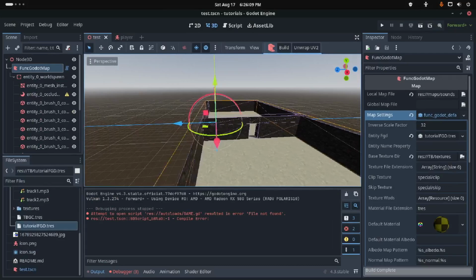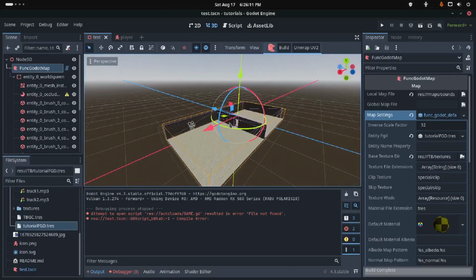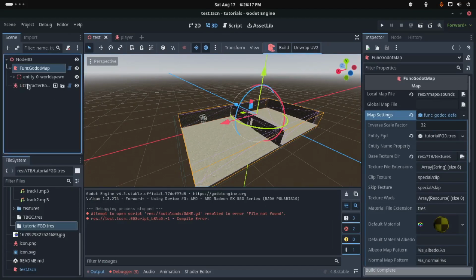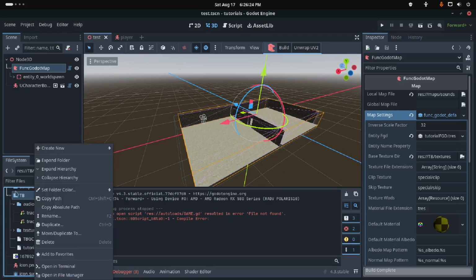All right, so I have a super simple, just 2 rooms here made in TrenchBroom with Func Godot. This is 4.3. This will work with any 4 version of Godot, and I have a simple character controller from the asset library. So before we do any of that, we're going to go into our TrenchBroom game config folder